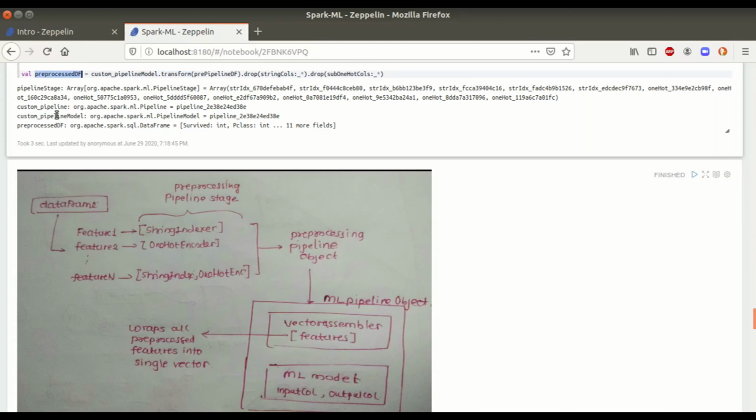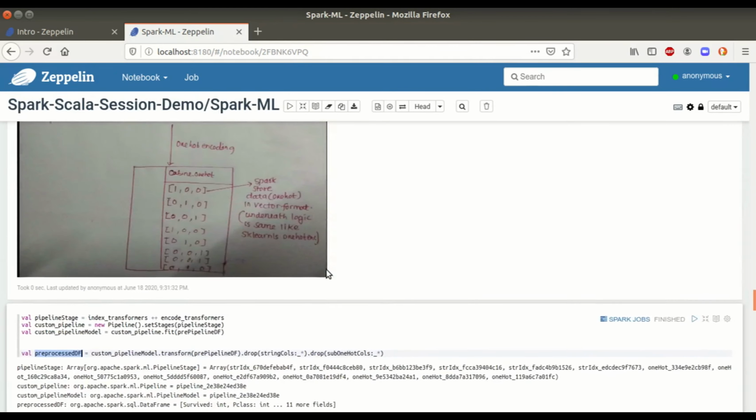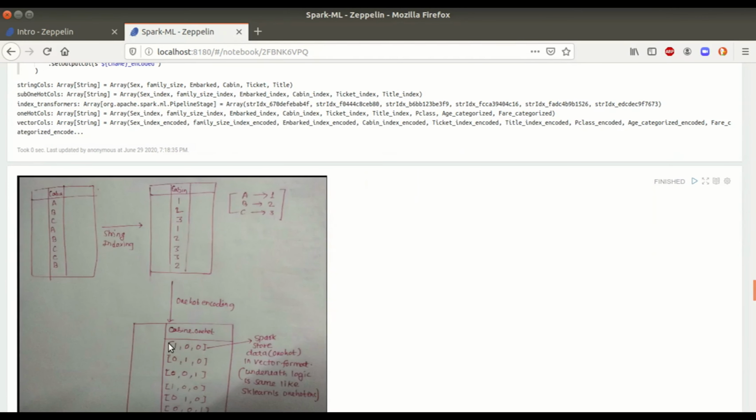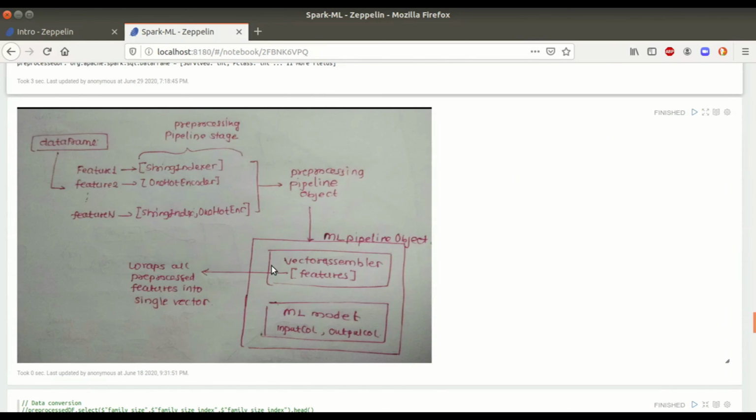For this particular data frame, which came out of a pipeline processing, we can apply various machine learning models. But in Spark, whatever machine learning model we apply, it expects only one column. So to wrap all these multiple columns into only one column, there is a concept of a vector assembler, which does a similar kind of thing to wrap all the dataset into one vector. So that's what we are using first, a vector assembler which will generate one features column, and this column we will pass to the ML model.